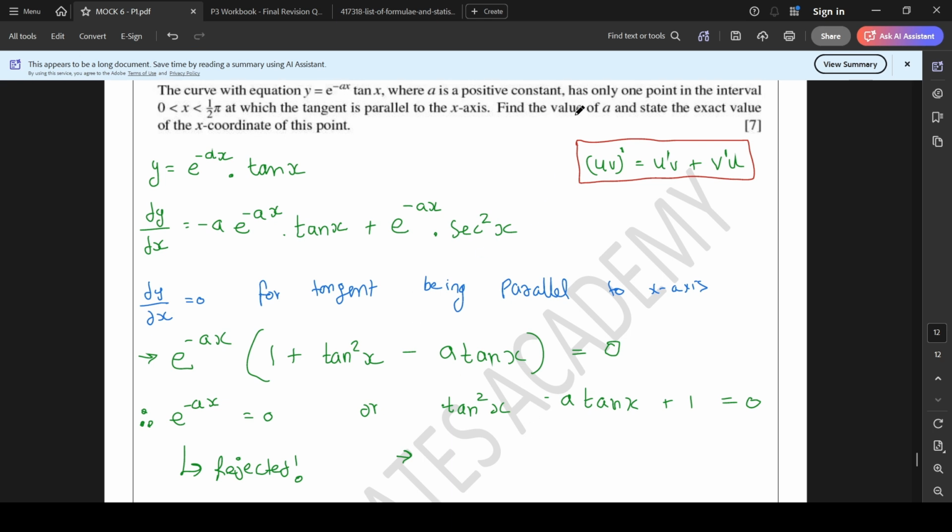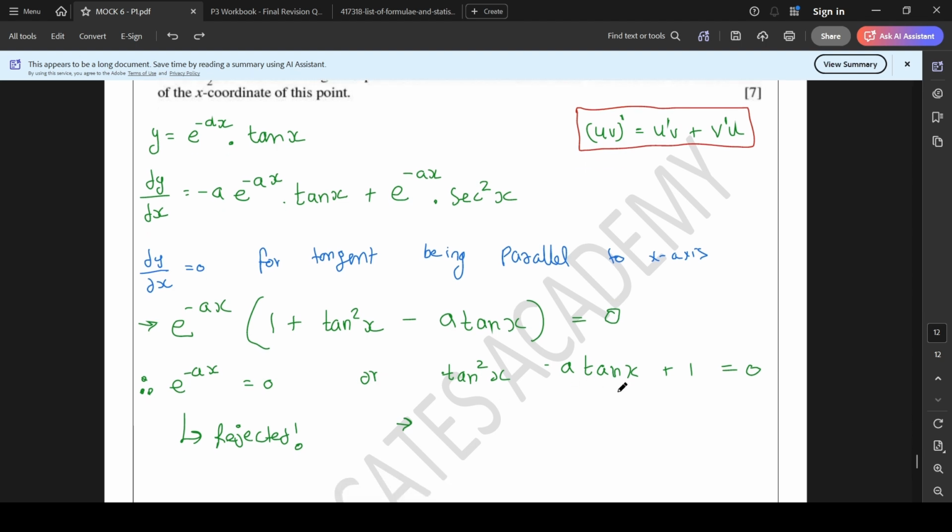So the question was to first find out the value of a and then state the exact value of the x coordinate. So how can we find the value of a given a quadratic? And it's also given that the equation of a curve and the tangent was parallel to the x-axis. It means there is only one point of intersection in that case. So what I can do is I can say that the b square minus 4ac for this quadratic will be equal to 0 because discriminant equal to 0 means there is only one point of intersection. So I can say that b square minus 4ac of this hidden quadratic is equal to 0,